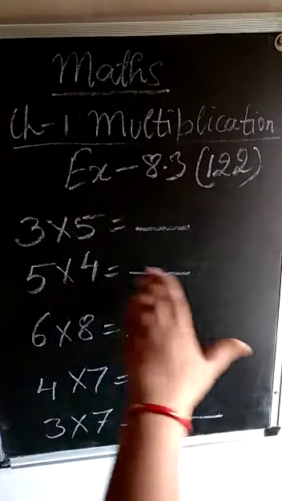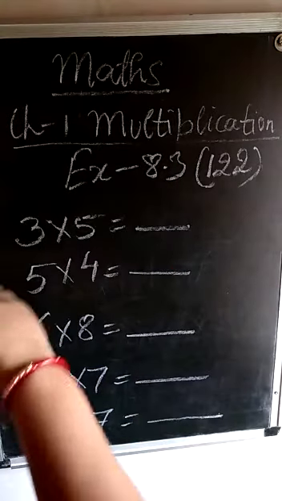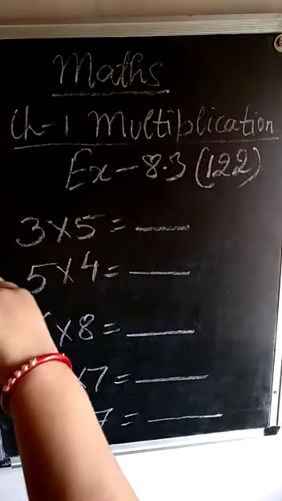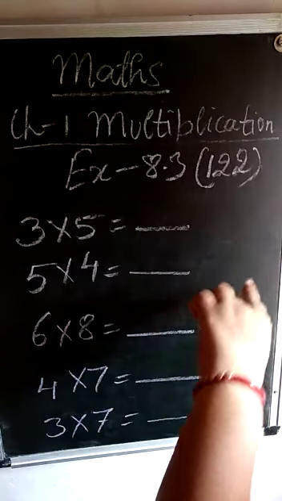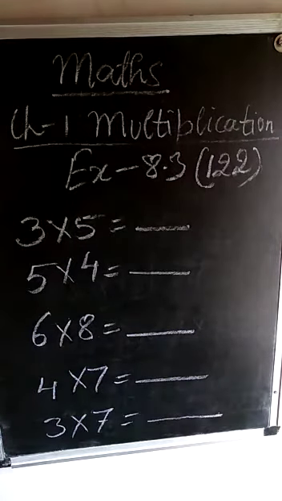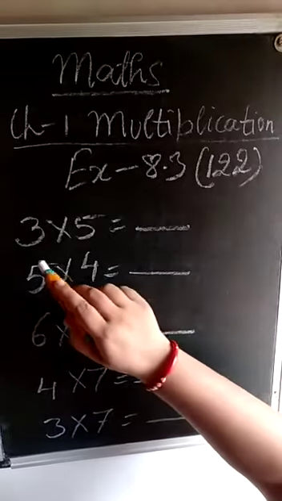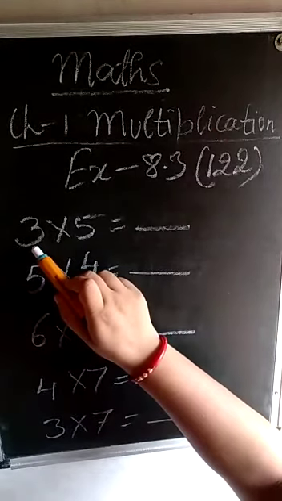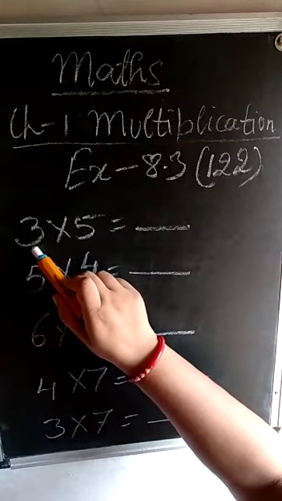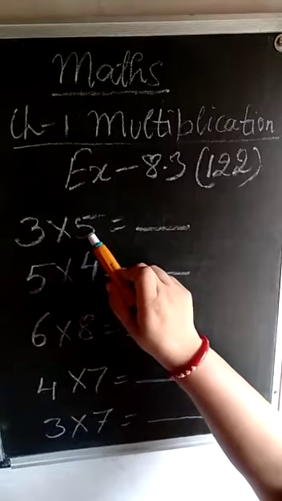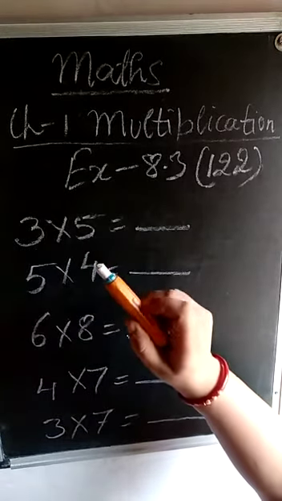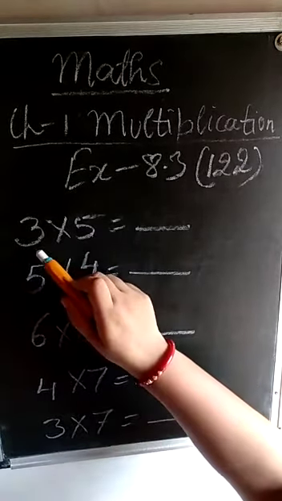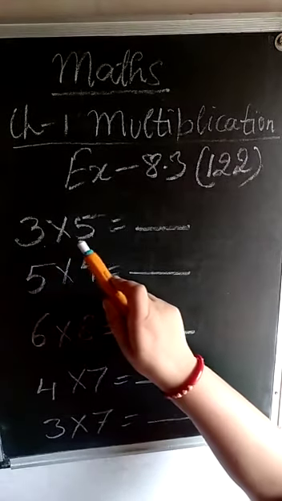This is called the horizontal form of multiplication. Horizontal means in this way, when the given multiplication is in the form of a horizontal line. We can even say it the sleeping way or the horizontal form. In this form we have to multiply the given 2 numbers. For this we are supposed to say the table of 3 up to 5. You are very well aware of the tables, so you should start saying the table of 3 up to 5.